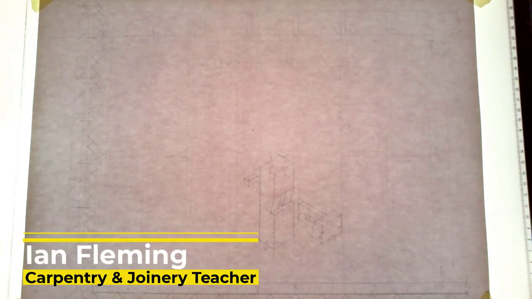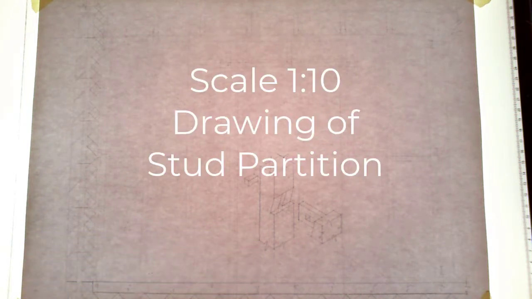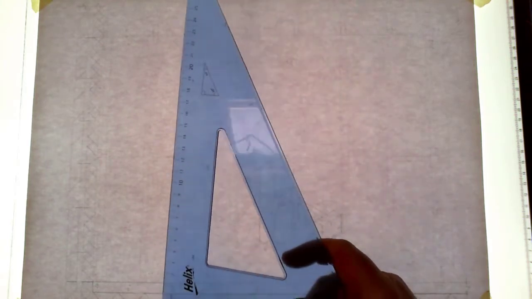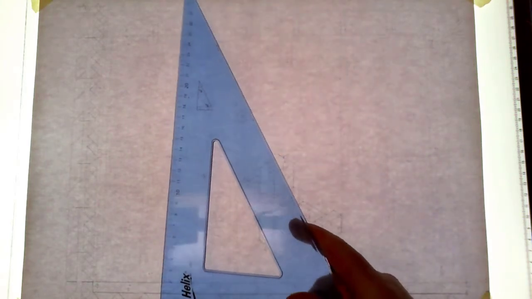Okay, this drawing is going to show how to draw, to a scale of 1:10, a stud partition, which is part of first fixing in carpentry and joinery. So, a starting point for this particular drawing is going to be from the bottom of the sheet. From the bottom of the sheet, you're going to come up